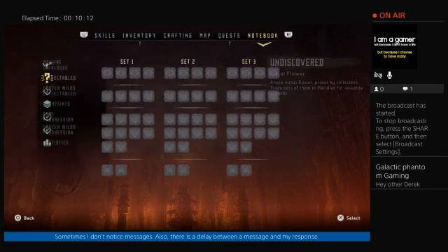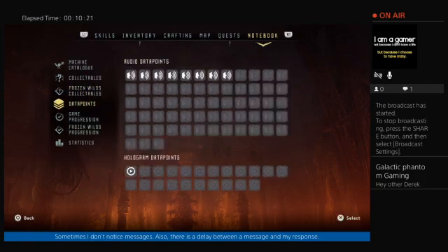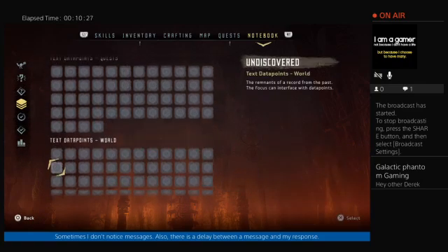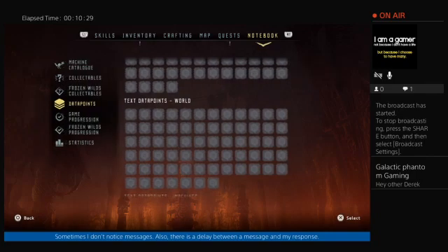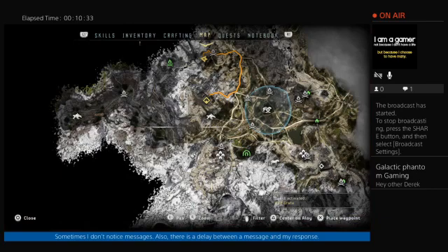And then apparently they added collectibles in Frozen Wilds, so this is gonna be interesting. I knew they added new data points. That was totally expected that they would do that, because you learn most of the things that happened in the past